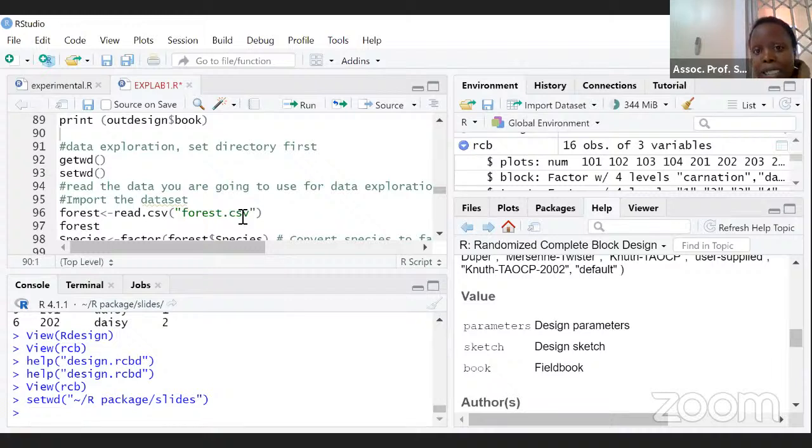One minute, please. Are you done setting your working directory to the folder where you saved the document? It is called forest.csv. It is on the drive. Done? Yes. So if you've not received it,